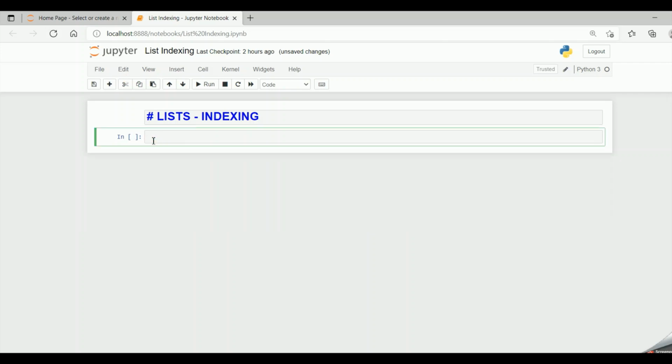So for nested, we have to have a nested list or a string within the list. So let me say my LST1 is equal to, it can have an integer value, a string or another list. So let me have an integer value, one string called Python and another list: 10, 20, 30, 40. So this is okay. Let's go into the explanation first.